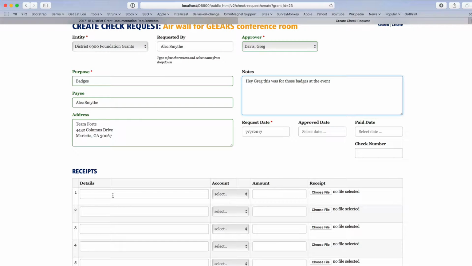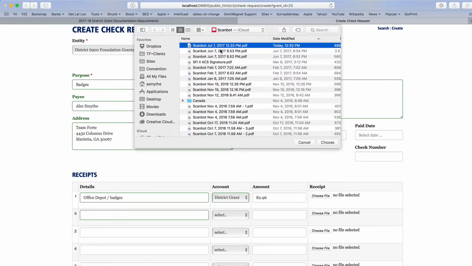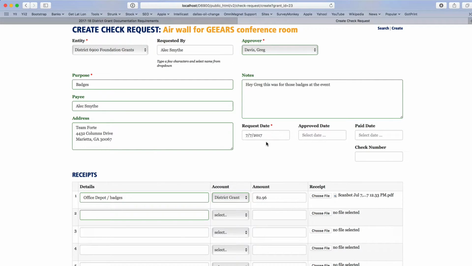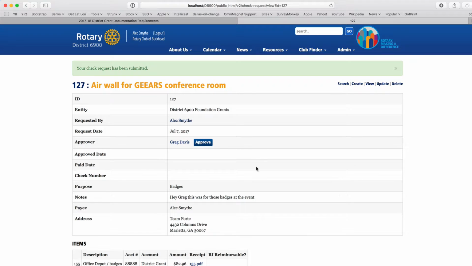In this case, the cost is a little over $75, so I have to have a receipt. What I've done is I've taken a picture of it with my phone, and I'm just going to put in here Office Depot, badges, and the account is always going to be district grant. The amount in this case is $82.96. I'm going to choose my file from my list here. So here's this file that I just took a picture of and uploaded, and I'll check all my work. That all looks good. I'm going to click Save, and you'll see it says my check request has been submitted,